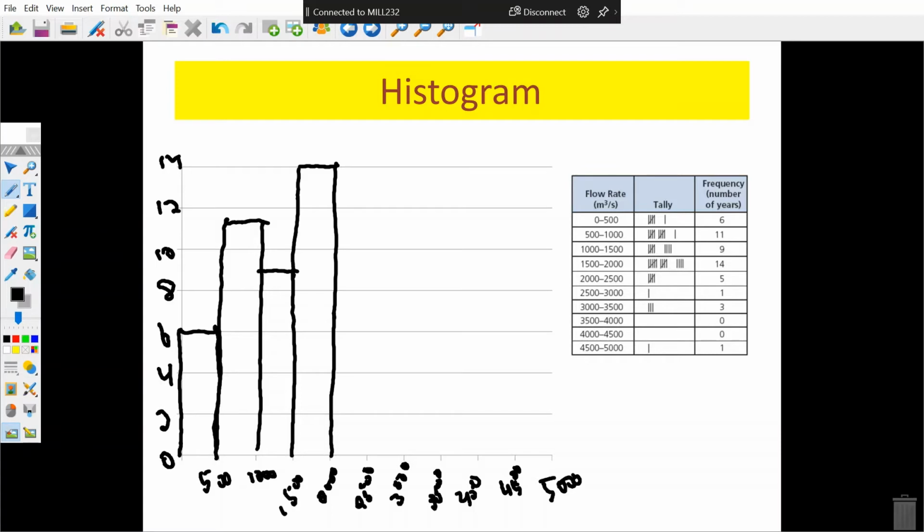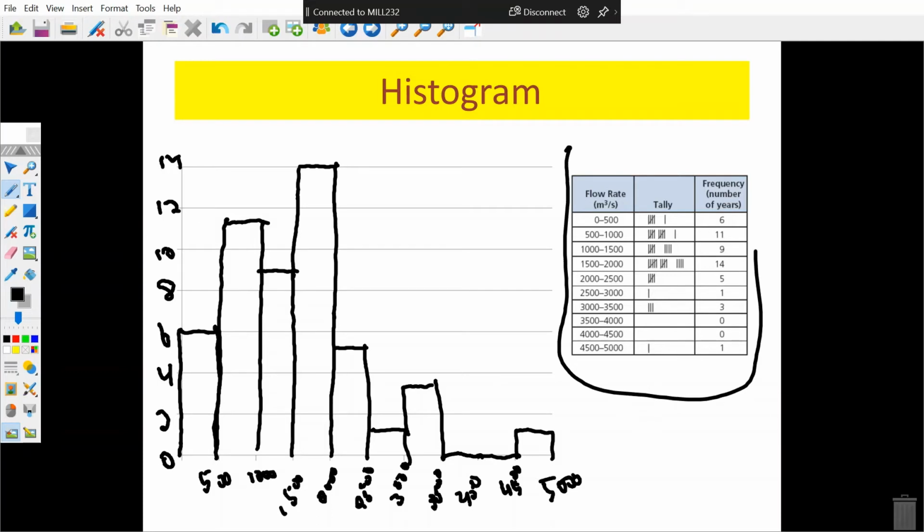2,000 to 2,500 happened 5 times. So 5 is right here. 2,500 to 3,000 happened once. 3,000 to 3,500 was 3 times. 3,500 to 4,000 and 4,000 to 4,500 is 0, so they'll just stay down there as 0. And there was 1 that occurred between 4,500 and 5,000. Okay, so mine's a little bit messy,